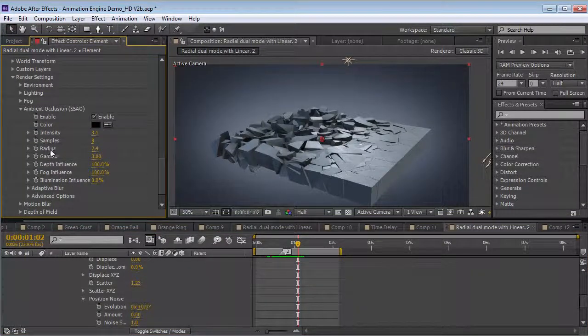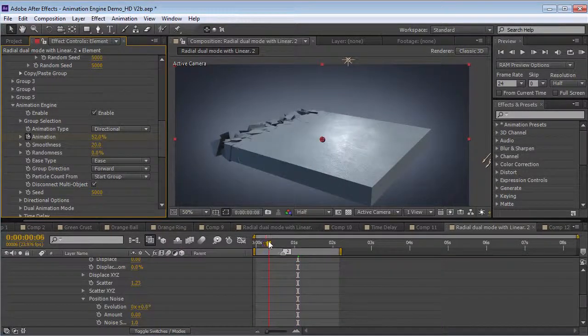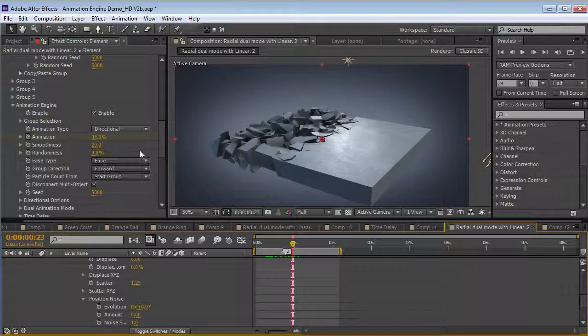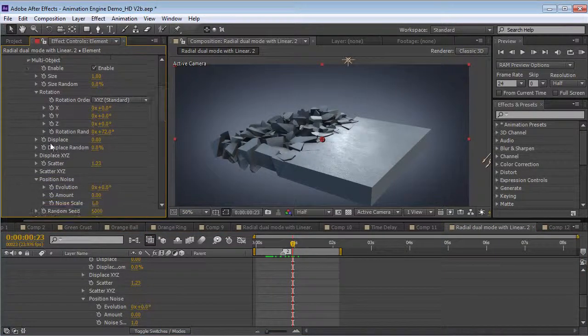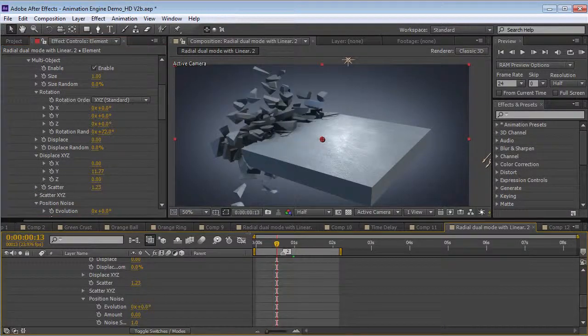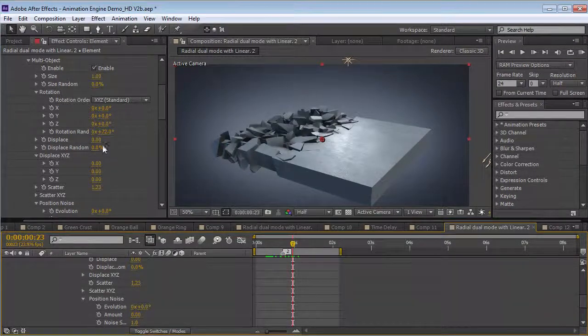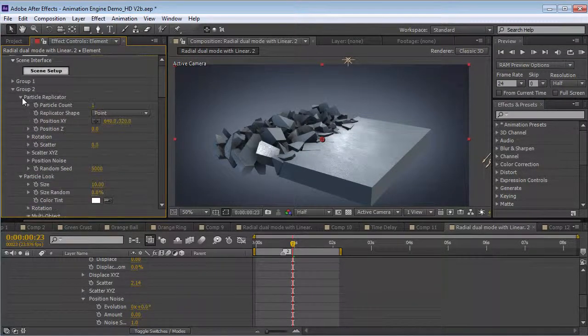And we can come down now to the animation engine, play with the settings. So we can turn the smoothness down, and now we have a nice tight fracturing. We can maybe come up here and displace some of the pieces a bit. You know, create a really nice looking bit of destruction. We can even, let's say, watch this, we'll scatter it, rotate it, and let's move the position of the group,